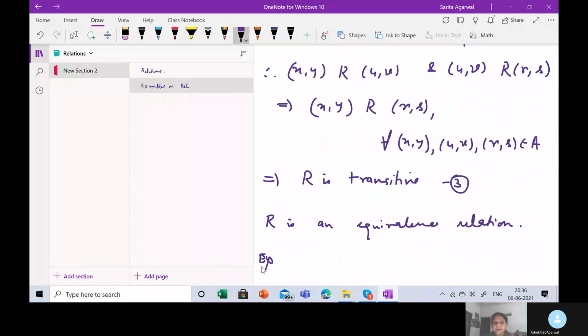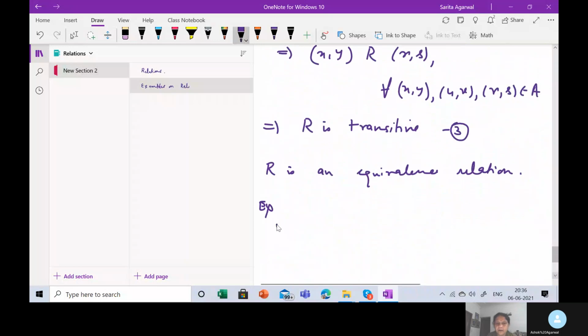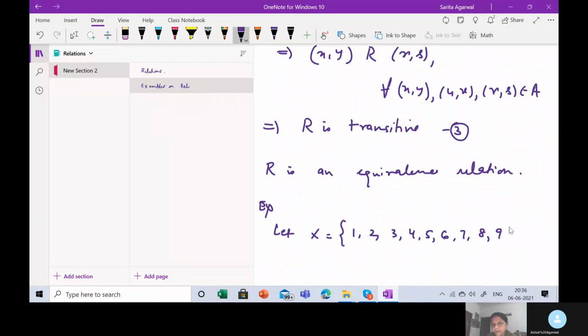He says let X be the set consisting of elements 1, 2, up to 9, and R1 be a relation on X given by